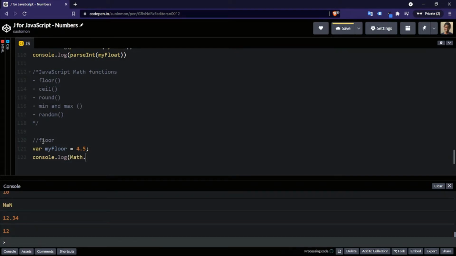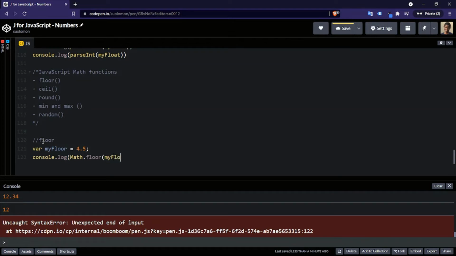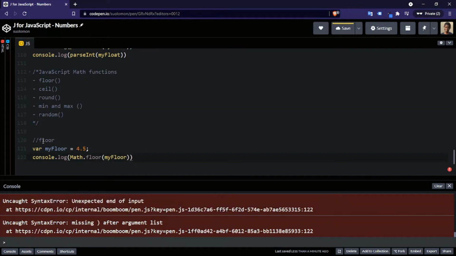This is how we call the method. So what it's going to do, it's going to return the lowest value passed to it, and that should be